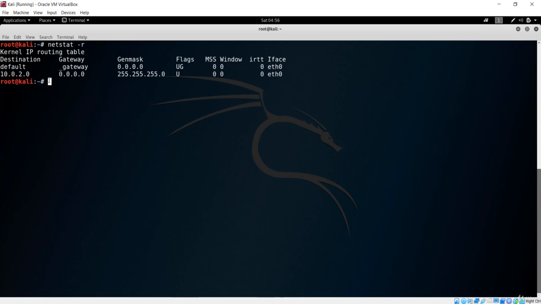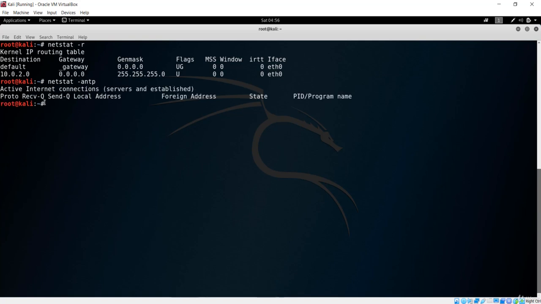If you want to check for established and listening port connections, that can be done with netstat. If you made a payload and injected that payload in the victim, and you want to check for the connections or the ports, you can simply use the netstat command with -antp, and it is going to give us the information about the connections and the ports. If you want to display the ARP cache table for all the interfaces, you can do it with arp -a. This is going to give us the information about the cache tables for all the interfaces.